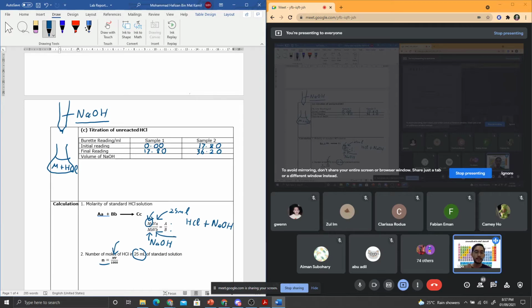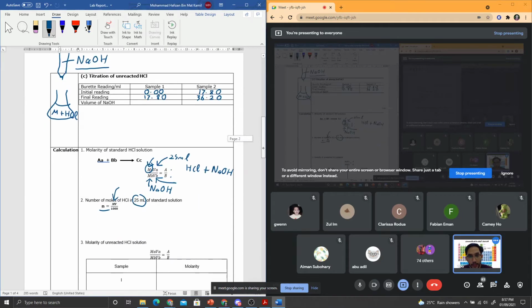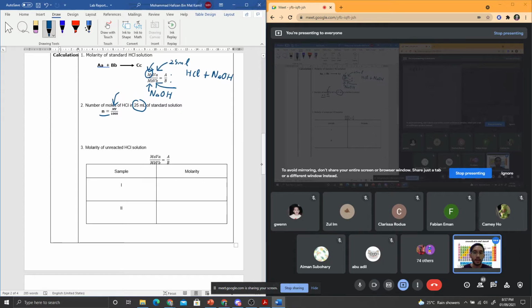Okay, so basically kita ada 3 titration lah. The very first, kita nak cari moles of HCl, and then kita have 2 titration untuk sample 1 and sample 2. Okay, so let's go on to the calculation. So macam mana nak cari the molarity of unreacted HCl? Okay, molarity of unreacted HCl, kita boleh dapat daripada MAVA, daripada the equation of metal chloride,